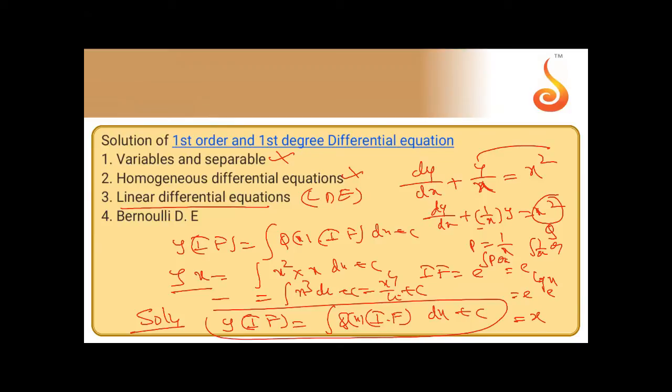If it is in the form of a linear differential equation, hope that is clear? So first find the integrating factor. Once you get the integrating factor, write the formula for the solution. There you can substitute the IF value and then integrate the remaining part to get the solution of the differential equation. So that is one way of solving LDE in y.